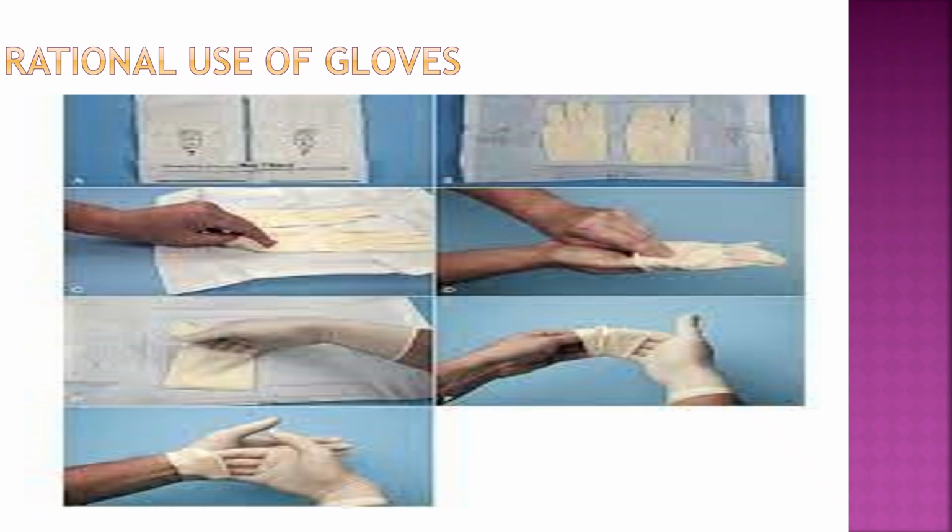The rational use of gloves. So how to wear gloves? First, hand hygiene is important. After that, dry your hands and then put your dominant hand inside one glove. Then with the help of the gloved hand, take the second glove, insert the other hand, and wear it